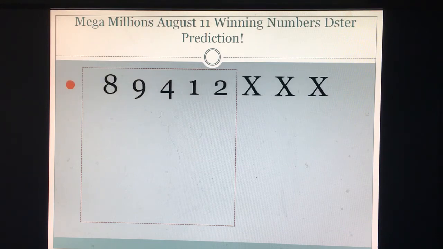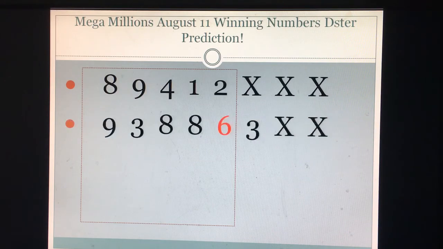Now let's look at the set again. As you can see, the digit we changed is the digit 3 inside the Dster box, because we're using that digit to predict our number. We don't use the digit outside the Dster box to predict our number. So we don't change the digits outside the Dster box. And after changing the digit 3 to a 6, you get